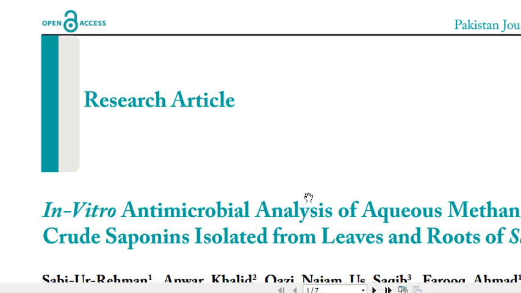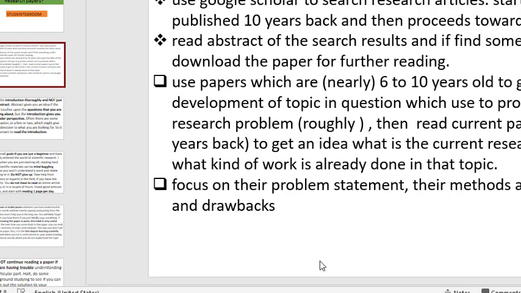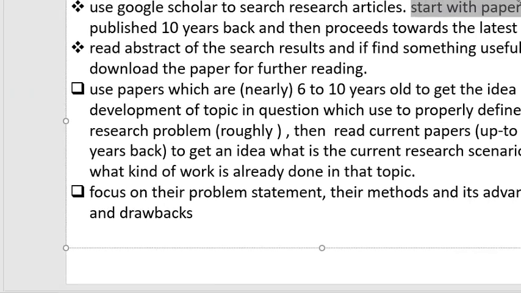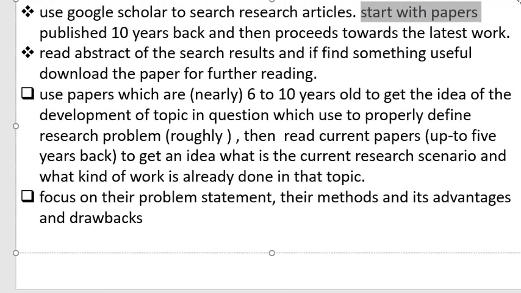So we will download the article, and now how we will study it, we will go through the process. In this way, after downloading the articles published years back, we will download the latest work also.